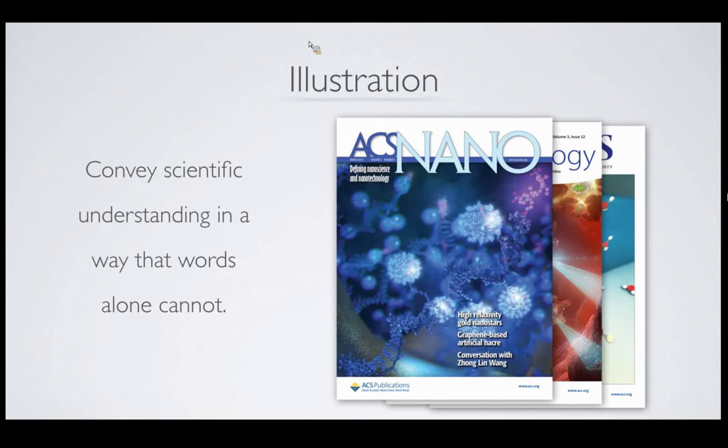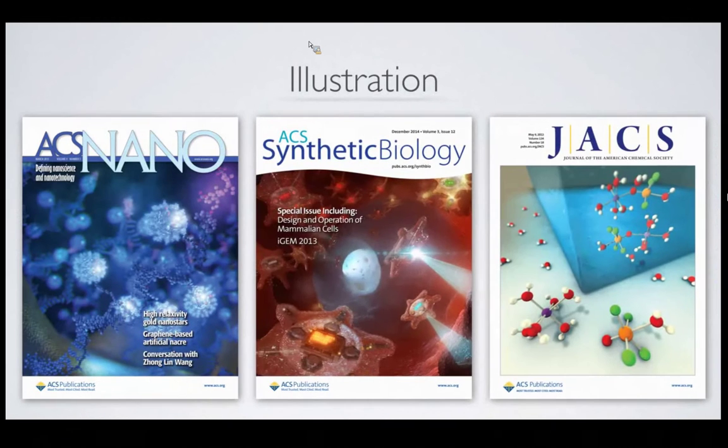And a lot of the work we've done recently in terms of illustration has been producing artwork for journal covers that really communicate the discovery that a researcher may have made. And they do it in a very aesthetically pleasing way. All three of these here are examples of covers that were produced.